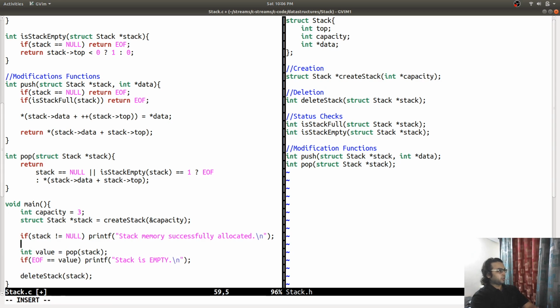Next I'm going to put a value in it, int status, push status, because I think I'm returning end of file if some problem is there, to push in the stack. int data is equal to 100.